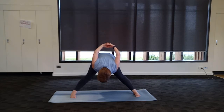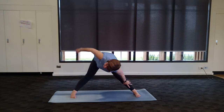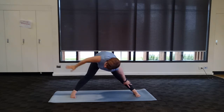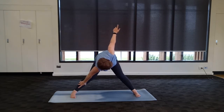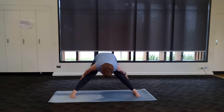Breathe in, look up, let go of the hands, bring them to your legs. Leave your right hand, inhale, let's straighten, raise the left. Doesn't matter, I do everything both ways. Inhale, exhale, put that hand down, inhale the other one. Breathe in, breathe out. Bring it down, bring the hands behind the legs, and as you breathe in, slowly raise